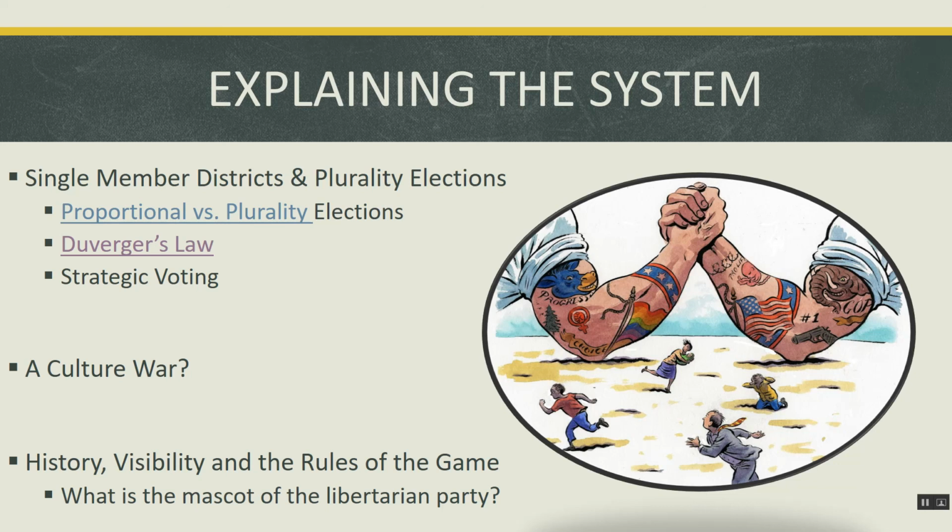For instance, if it were 2016 and I were a supporter of the Libertarian Party candidate for president, Gary Johnson, or if I supported another third-party candidate, say Jill Stein, I probably wouldn't vote for that candidate. Maybe I really like Gary Johnson or Jill Stein, but because I know that they're less likely to win, I might support Hillary Clinton just to prevent Donald Trump from winning, or I might support Trump to prevent Clinton from winning. Perhaps I like Gary Johnson better than Trump, but I really, really hate Hillary Clinton. And so I will vote for Donald Trump because really I'm voting against Hillary Clinton, and Donald Trump is the